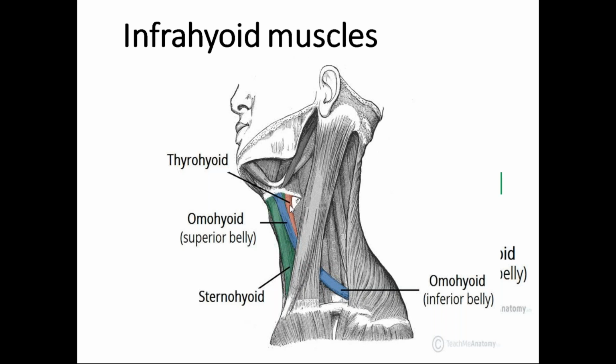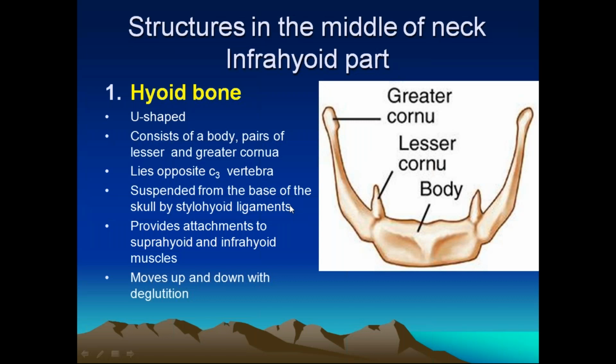Okay. So next we'll go on to the structures in the middle of the neck in the infrahyoid part. Just see this picture. The first one is the hyoid bone. So the hyoid bone consists of a body and 2 cornua. This is called greater cornu and this is called lesser cornu. In the midline, you can see the body of the hyoid bone. The shape of the hyoid bone is U shape. So it lies opposite to C3 vertebra, and it is suspended from the base of the